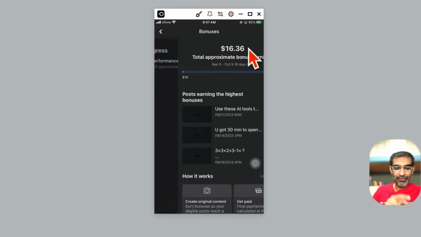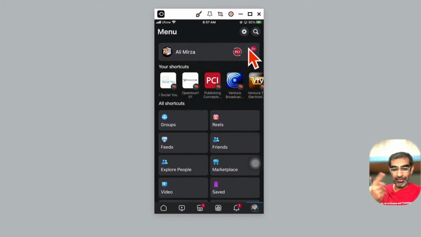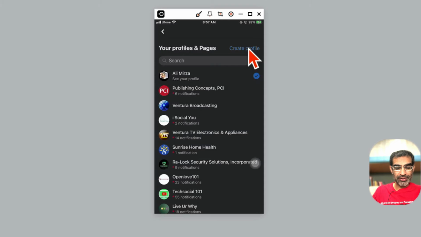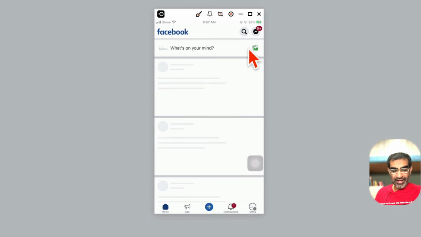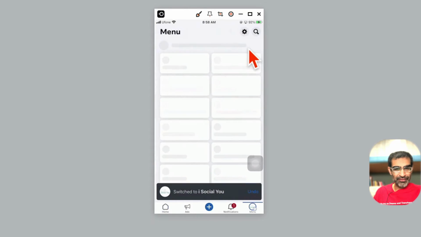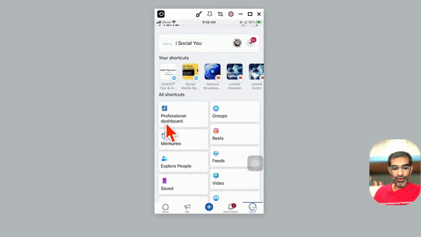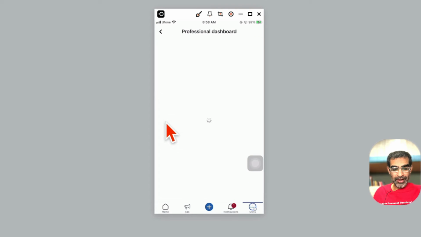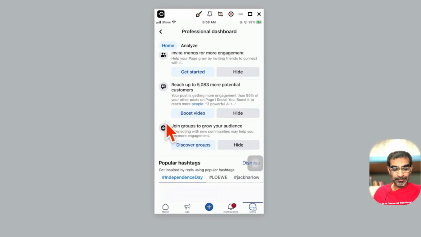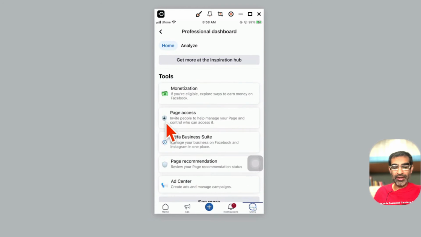Now let's go back and let's verify, because if I was to go based on data from this one profile, it looks like we should post text post more to make more income. But now let's go to another page. This page also has the bonus program, and let's go to the professional dashboard because I want to see if it's consistent on this page. Now let's go to professional dashboard, and then scroll down and find the monetization, not the inspiration hub. I want to find the monetization tools,